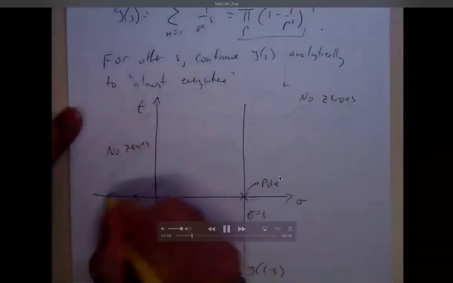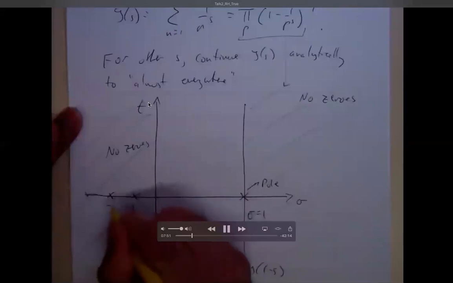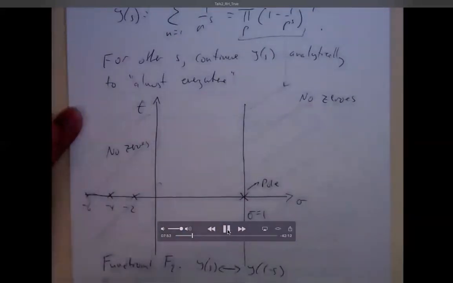So if I tell you there's no zeros out here, I can also tell you there's a functional equation. What does that do? Don't worry what it is. It relates values of zeta of s to values of zeta of 1 minus s. So if I know how zeta of s behaves, I know how zeta of 1 minus s behaves. They're not equal, but they're related quite well. So if there's no zeros out here, that means via the functional equation, there's no zeros over here. So this is good. We're off to a good start. For free, we got no zeros out here, and almost for free via the functional equation, no zeros out there.